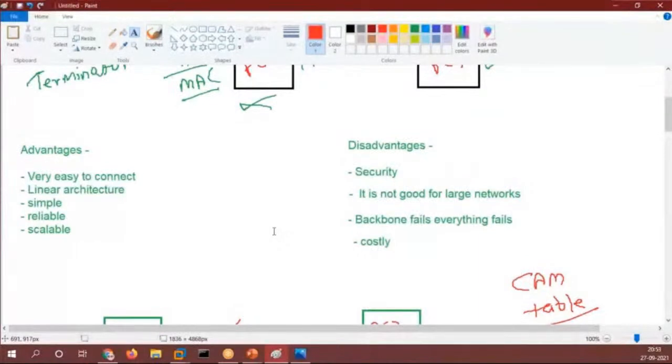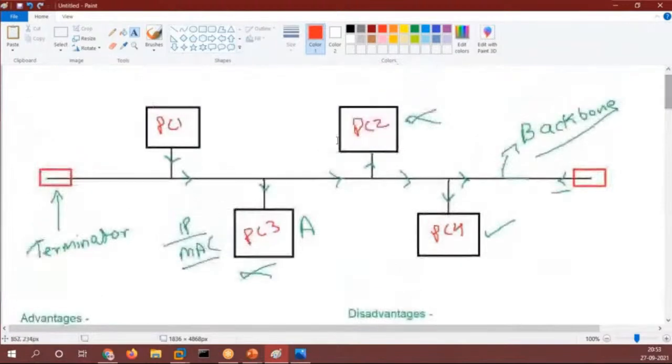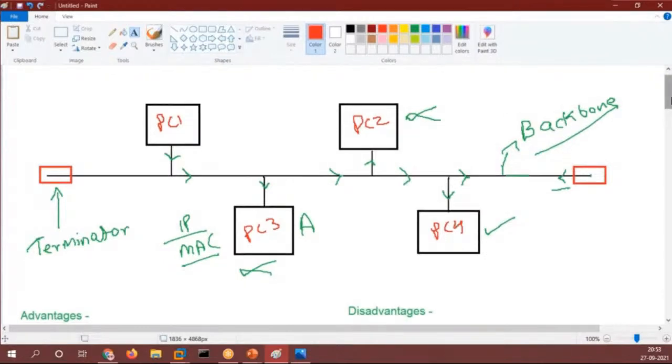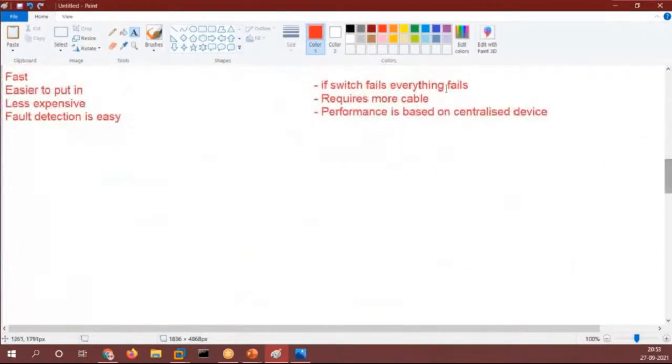In your bus topology, what is happening? Your data is traveling to every node. The data is visiting every node. So that's why security is the disadvantage. Clear, everyone? Okay, great.